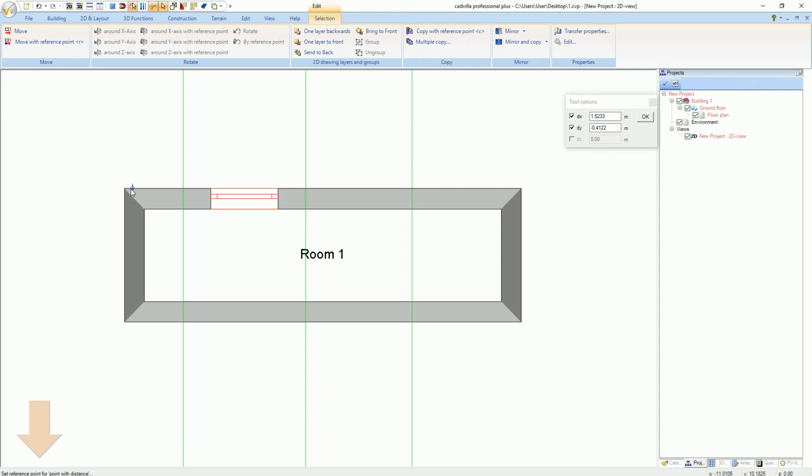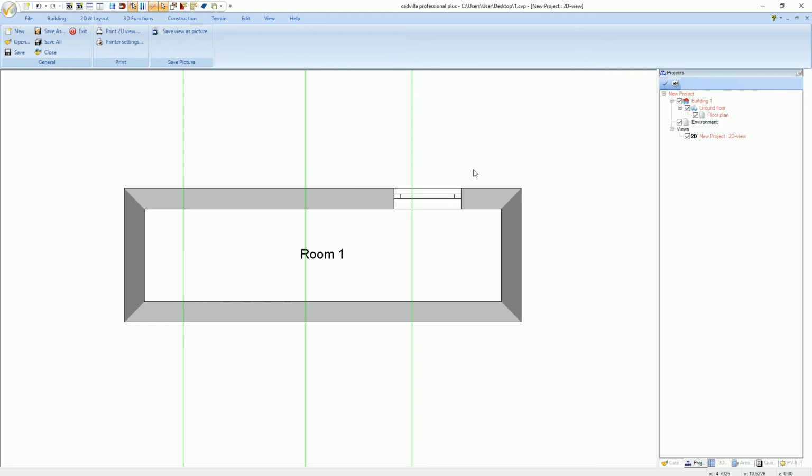From this point into this direction at a distance of 5 meters we click on OK and we can see that the window moved. We press the Escape key